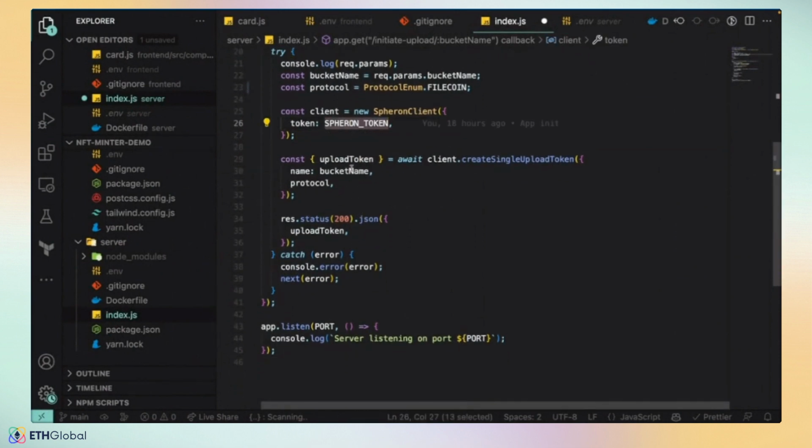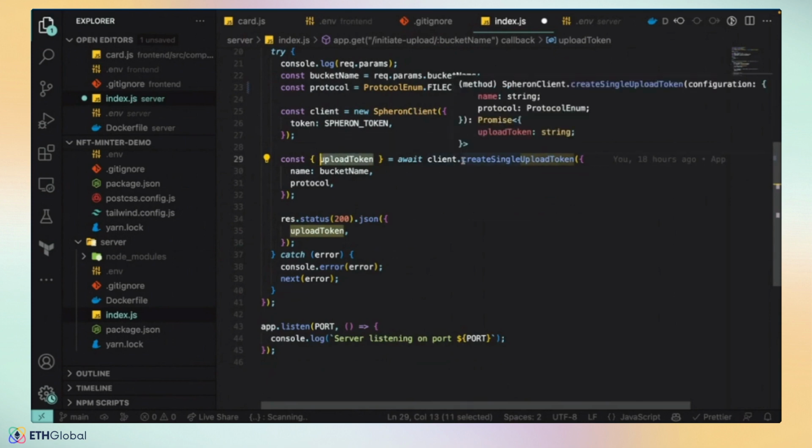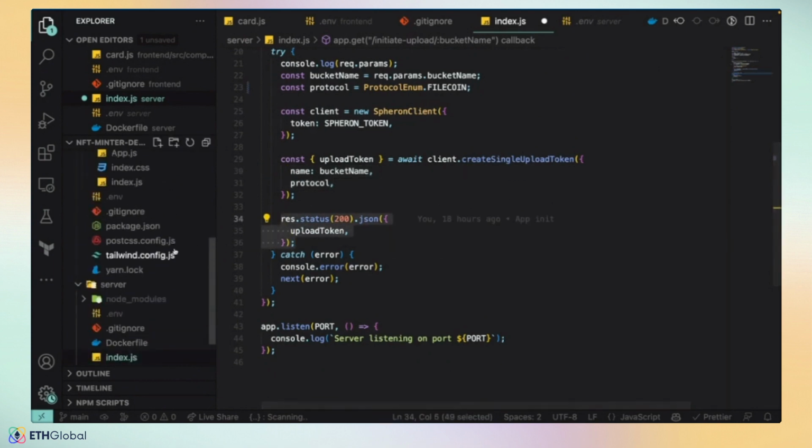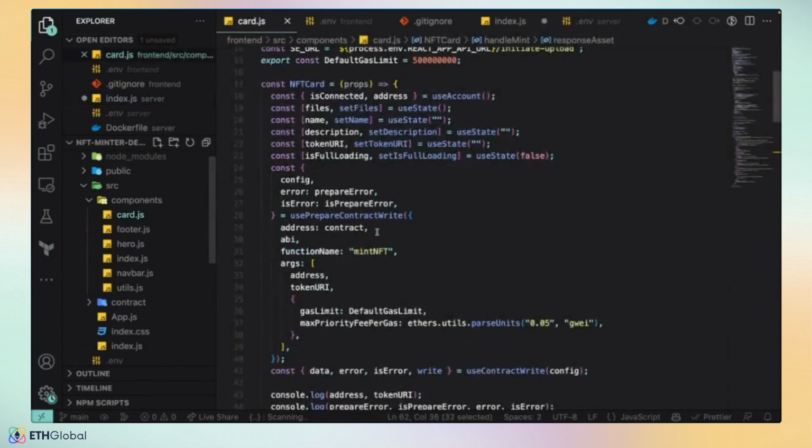Again, we have the token now. Next thing is to create this upload token, which is like a temporary token for your front end. We create it using this specific function, create single upload token, where we pass the name and the protocol, and it will create a specific token for you, which you can send by the response. And once it is there on your front end,